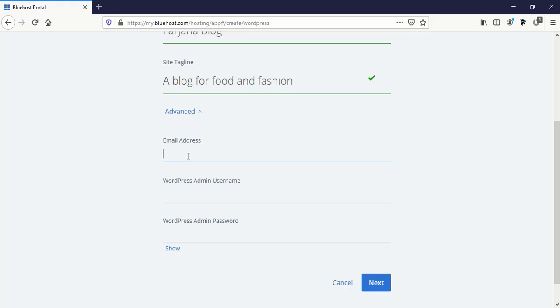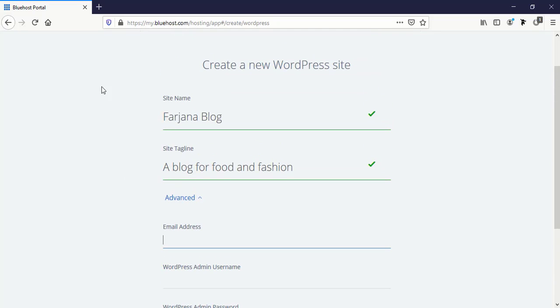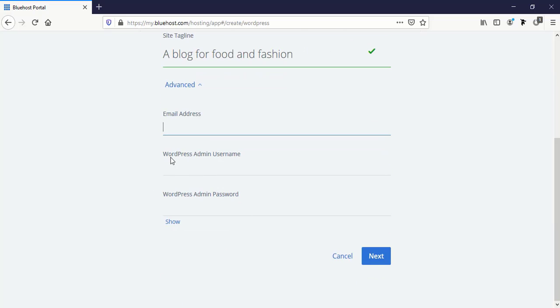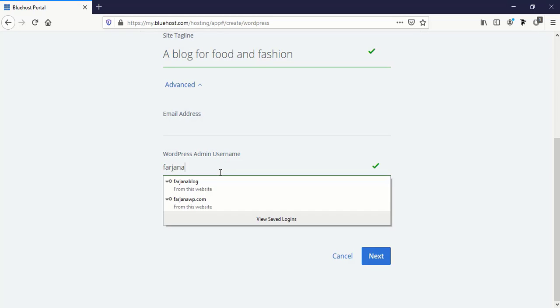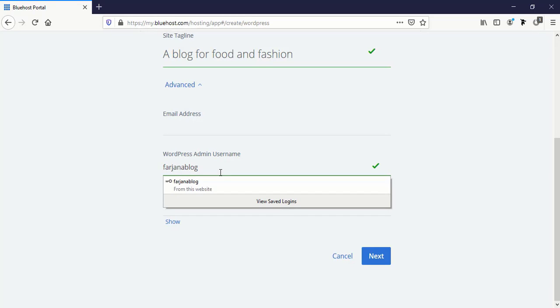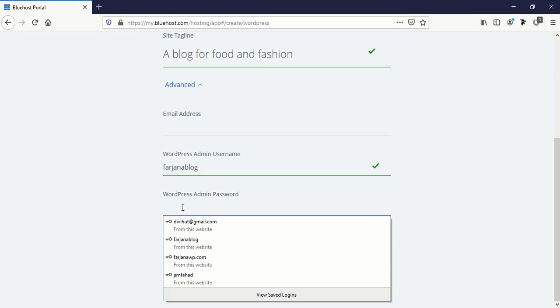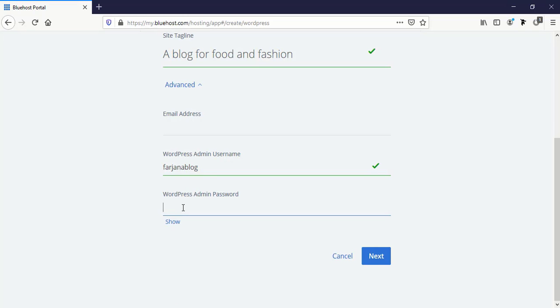Here we can type a new email address for our WordPress website. By default, we will get the email address which is used for our Bluehost account, and here is the WordPress admin username. So here we can type a separate username for our WordPress site. I'm typing Farjana blog, and here we can set a password. I'm typing a password,